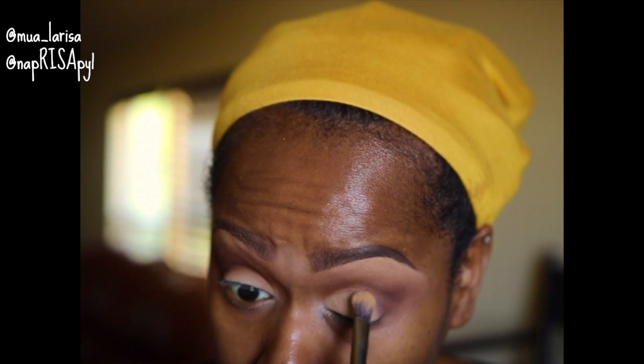Okay, so I'm going to put this down, and I don't want to cut crease, so I'm trying to blur out the edges because I don't want to cut crease. No, no, no. No cut crease today. Okay, while it's still fairly not dry yet,